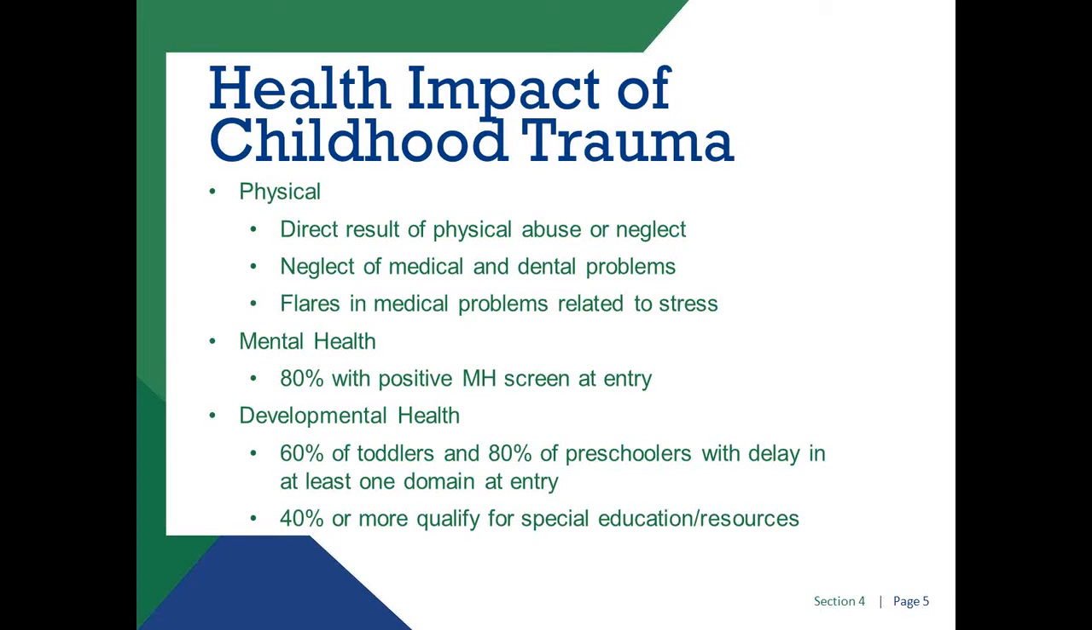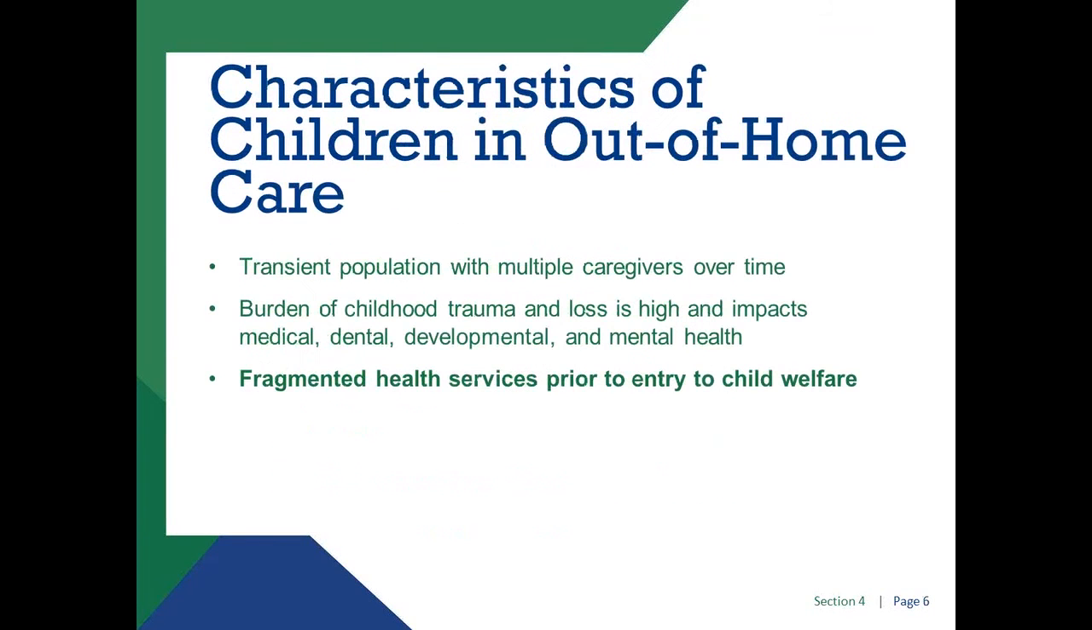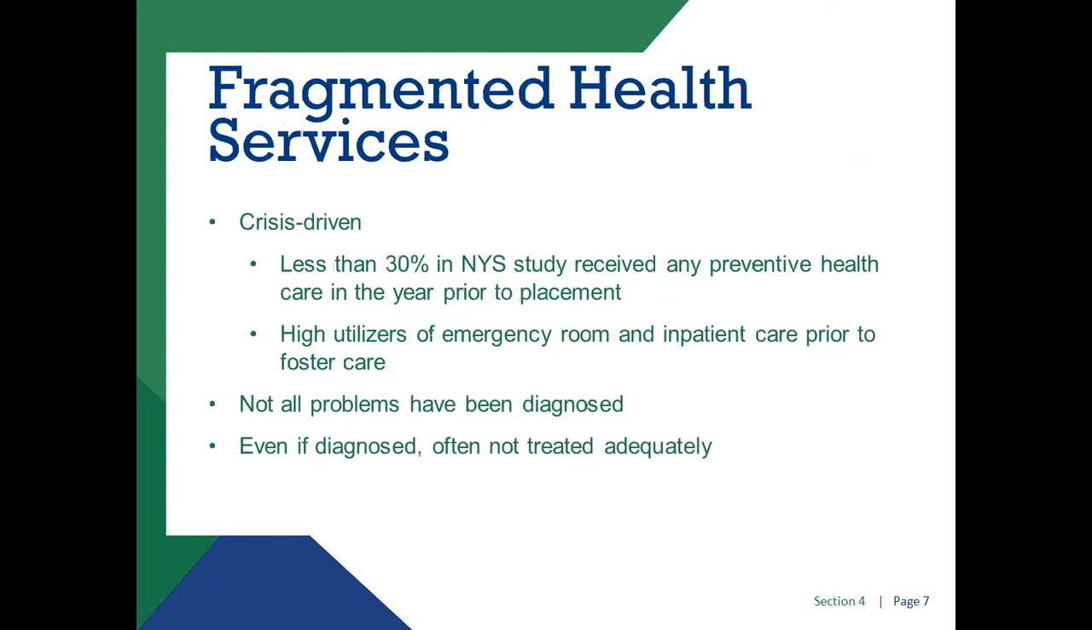So the next slide shows that one of the other characteristics of these children is that they have often received fragmented health services even prior to entry to child welfare. So we know, looking at the next slide, not only do we have the GAO data, but